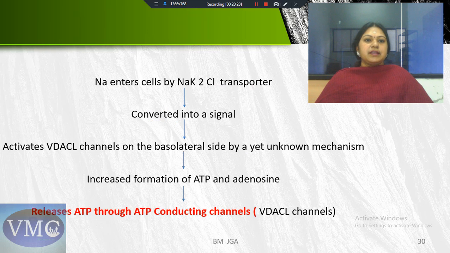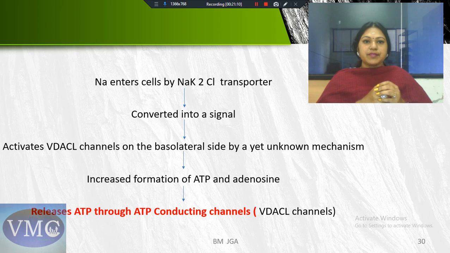So now, a lot of sodium chloride is there in the thick limb of loop of Henle, the region of the macula densa, which is a part of your juxtaglomerular apparatus. Sodium enters the macula densa cells by the sodium potassium 2 chloride transporter, and here inside the macula densa, it is getting converted into a signal. This entry activates the VDACL channels on the basolateral side by unknown mechanisms. We do not know the mechanism. So there is increased formation of ATP and adenosine. This ATP and adenosine, which is formed in the macula densa, is released through these VDACL channels into